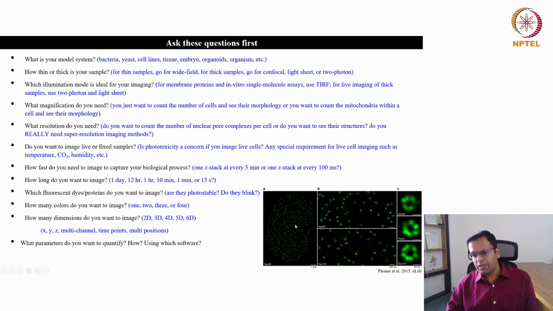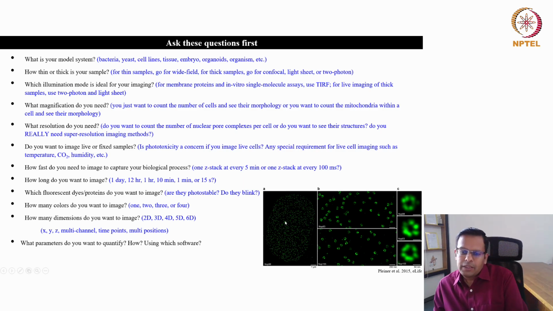So here you can see one figure I have given. The nuclear pore complex is labeled with some green fluorescent dye. Now, if the biological question that you are asking just needs the counting of the number of nuclear pore complexes per nucleus, then I think this image is good enough for me. Using automated counting software, I can count that this nucleus has maybe 200 or 300 nuclear pore complexes. I do not need to go into super resolution to see their structure or morphology. I just need to count how many green dots there are, and each green dot represents one nuclear pore complex on the nuclear membrane.